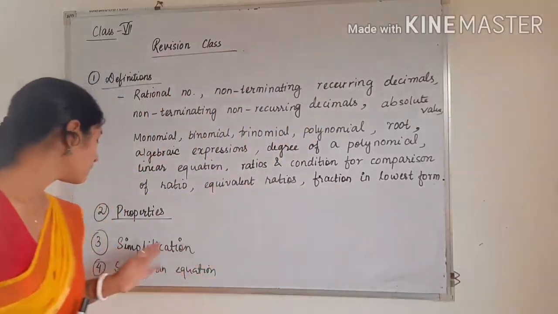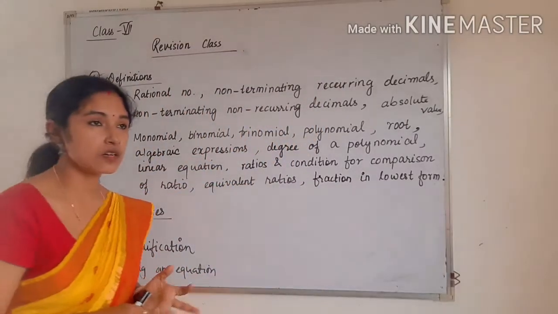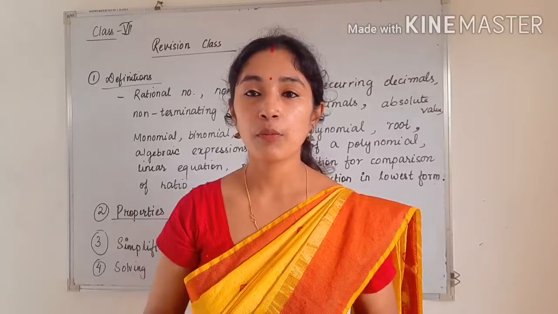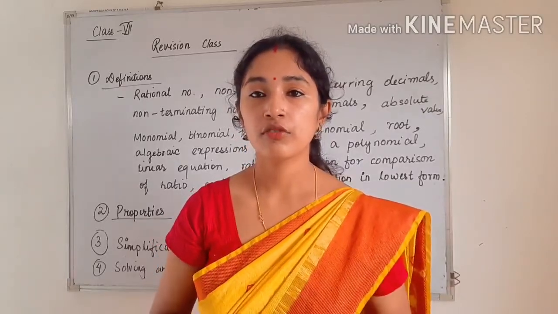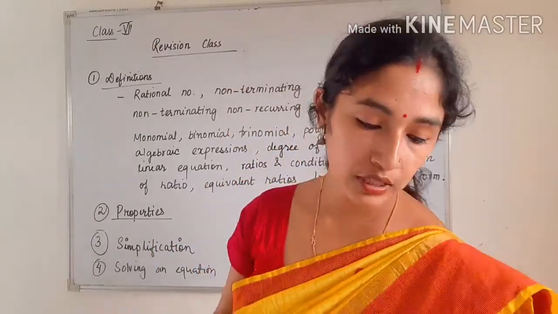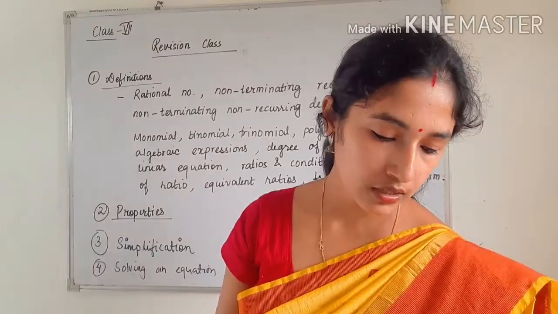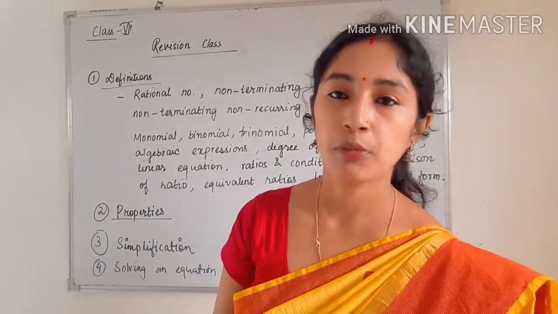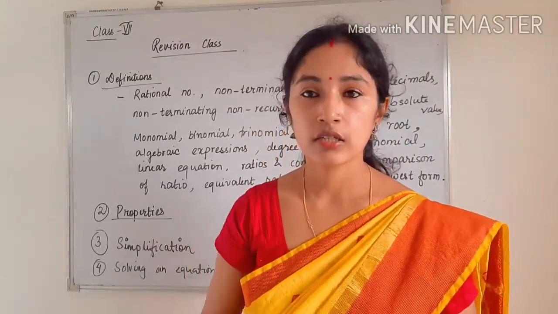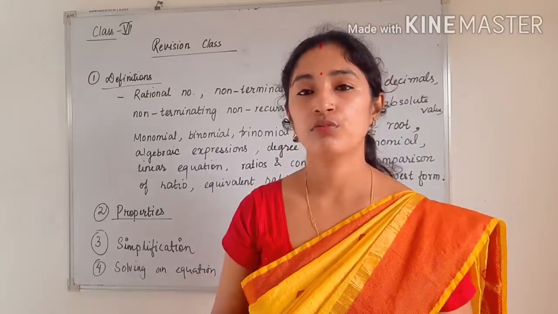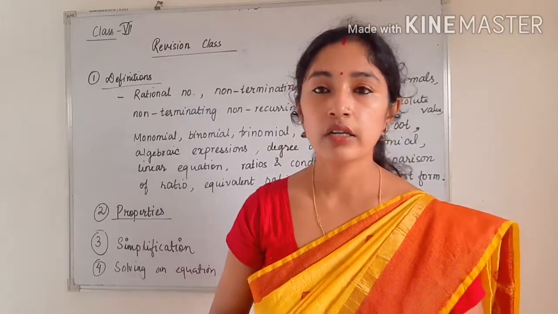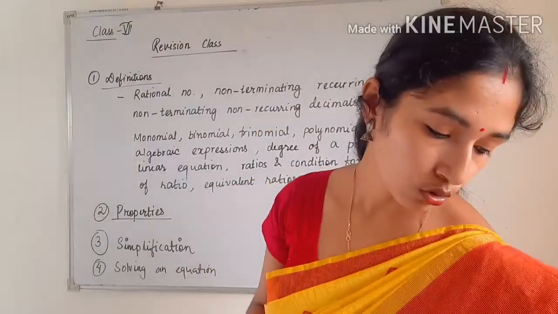Okay, so next, number 2, is properties, all the properties related to numbers. There are many properties, na: distributive, commutative, associative, property of 1, additive inverse, property of 0. So read all the properties from the book itself. You will get all the properties of integers. Just read from the book, or you can follow the copy. Just read from the copy, no need to waste your time seeing the video lecture now. Just see the copy which you have already written. Okay, the notes, just try to go through the notes.